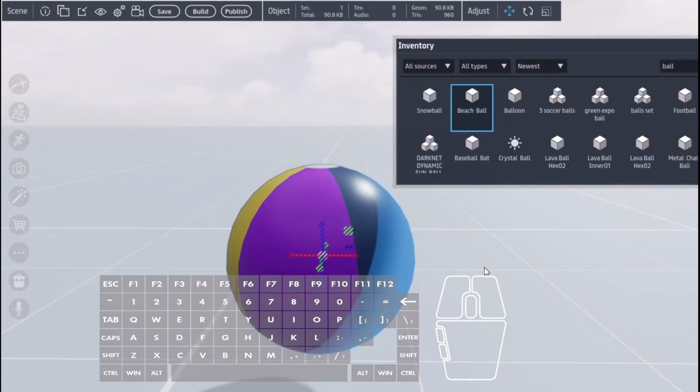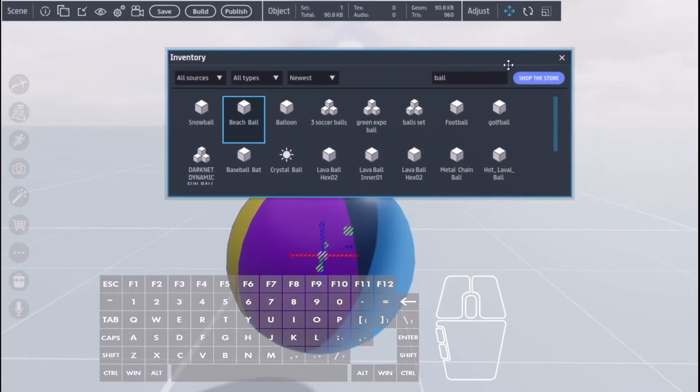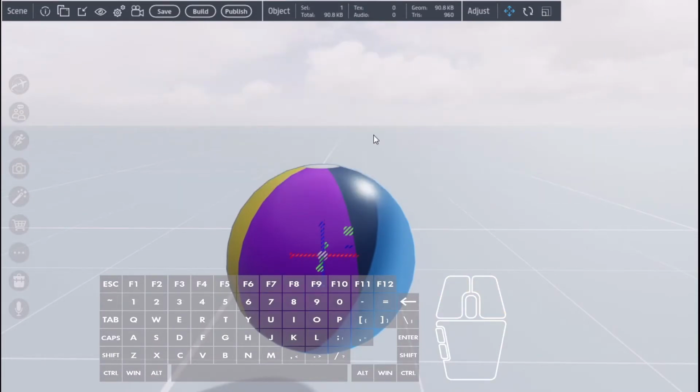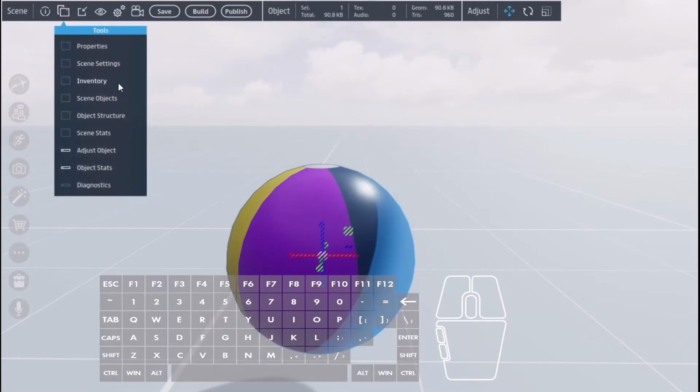Okay. So let's go over to the top here. I may go ahead and exit out of the inventory. Let me do a quick run through just to give you an overview. I'm not going to get too in depth with this, but right here you have the tools. This will probably be your most important tab, which is your inventory, where you can purchase 3D assets and all these items inside the store and bring them in World,